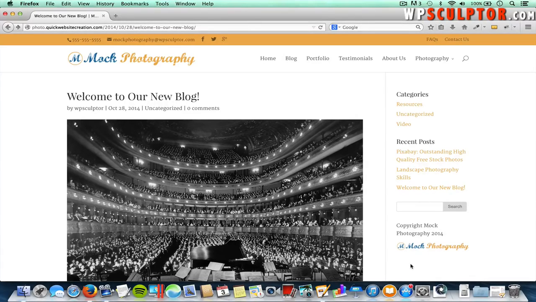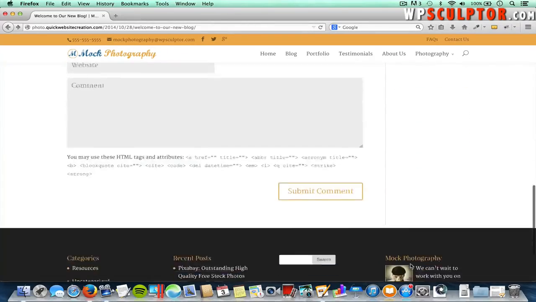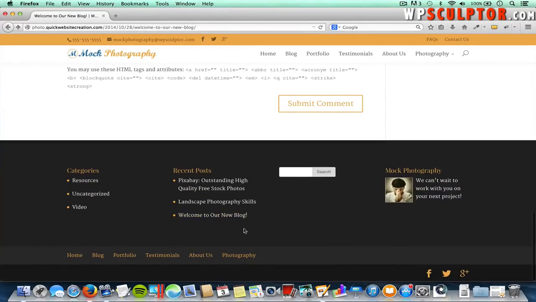So we're going to go over how to use that, and then if we scroll down, we also have 4 widget areas in our footer, and we're going to go over all those settings. And we also have a footer menu that's optional, and these optional footer social media links that we're going to go over. Let's go back to